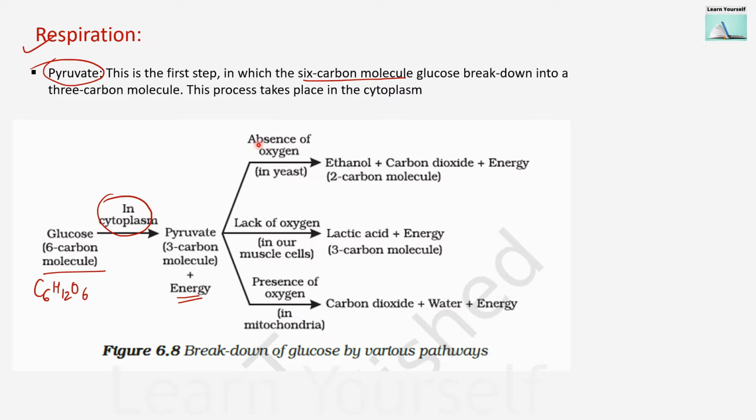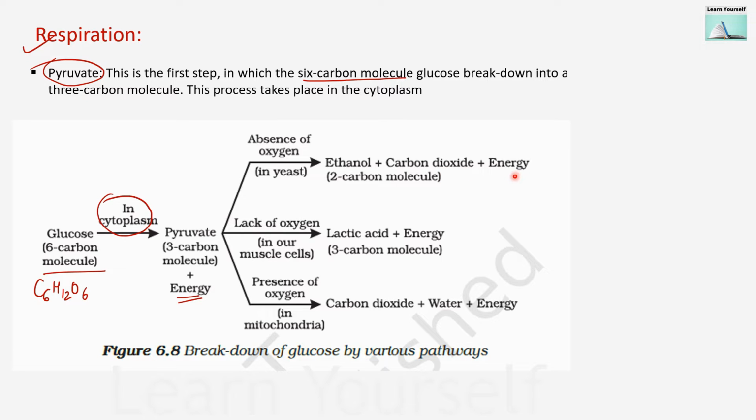First, in absence of oxygen, this happens in yeast, that it will convert this 3 carbon molecule into ethanol, which is a 2 carbon molecule, carbon dioxide and energy. Now absence of oxygen means this is anaerobic respiration, which happens in yeast. So in anaerobic respiration, 3 carbon molecules will convert into 2 carbon molecules, and it will give carbon dioxide and